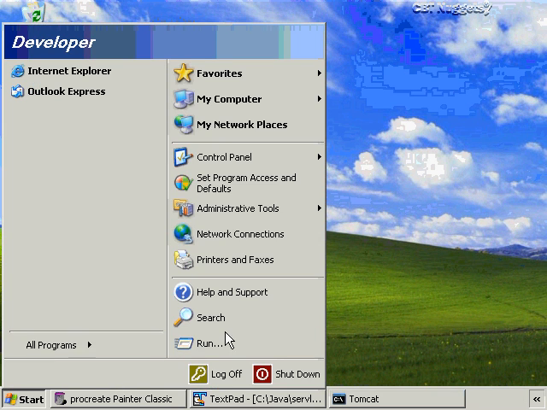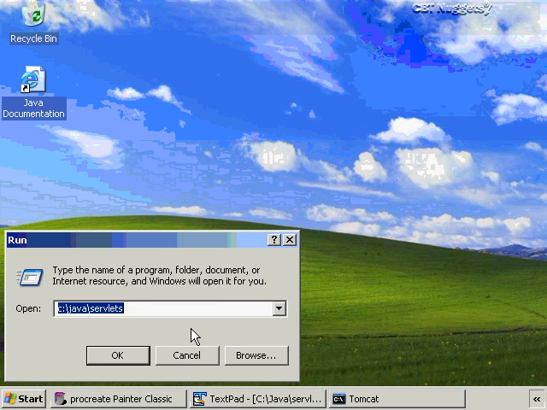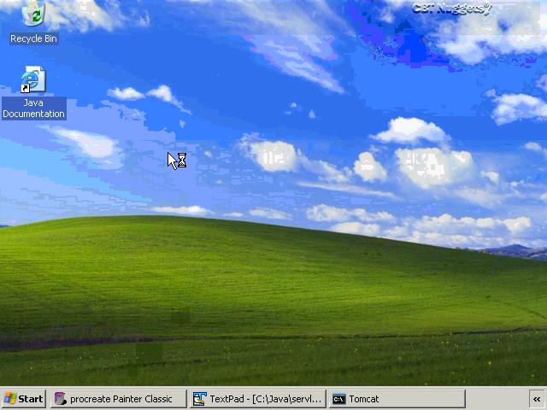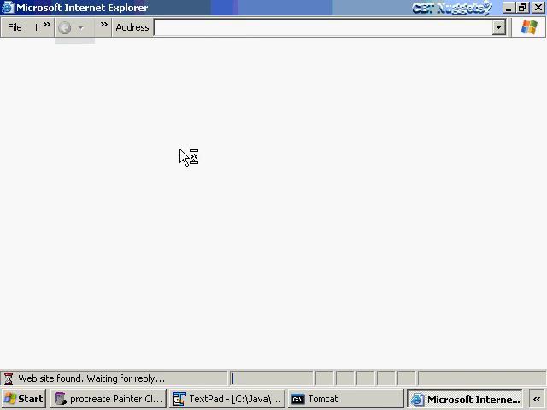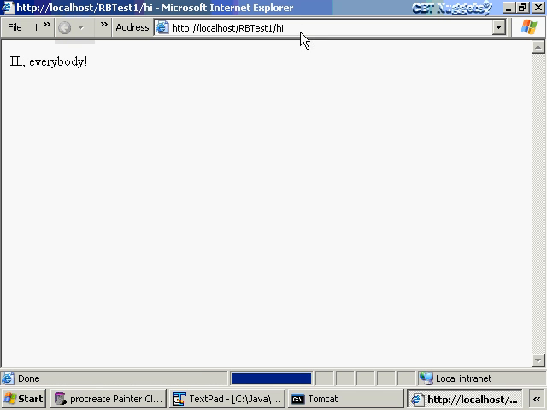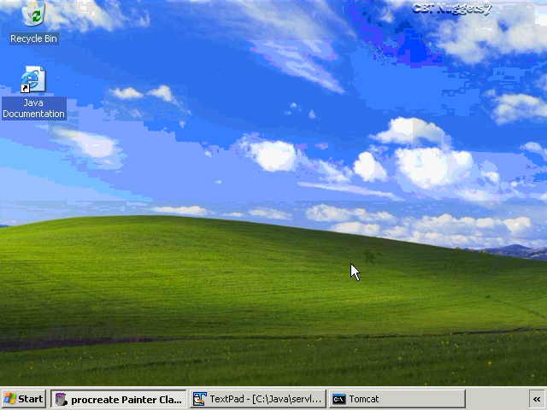If I go into my localhost /rbtest, and should have it, there we go, and I go hi, you can see what it's going to do is it's going to simply call my servlet with the /hi URL. So that's really cool and gives me a lot of flexibility. Now you'll notice I already have Tomcat running. Well,